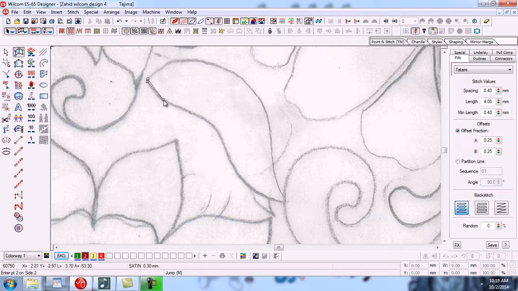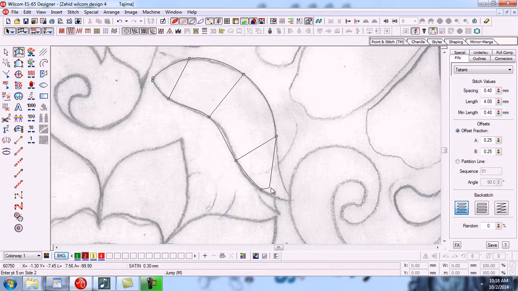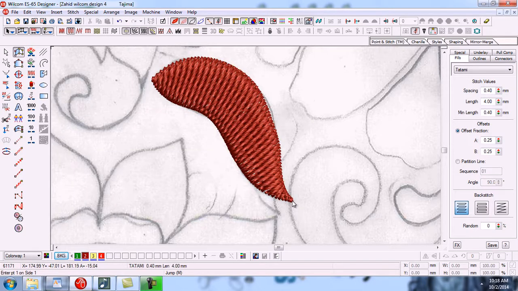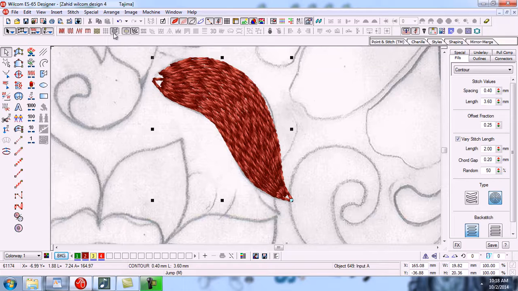Now for round selection we will press right, right, right, right, right, right, right, right, and here the object is ending, so we will press here left and left. Now press enter. So this object, I made this object in Tatami. We can change it in Satin also, or in Contour values also.